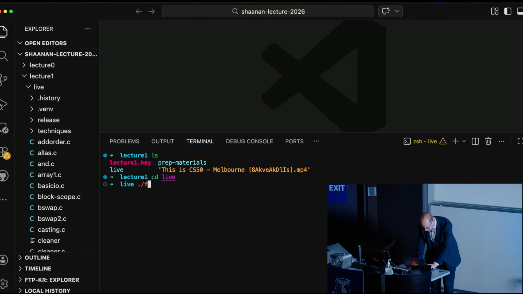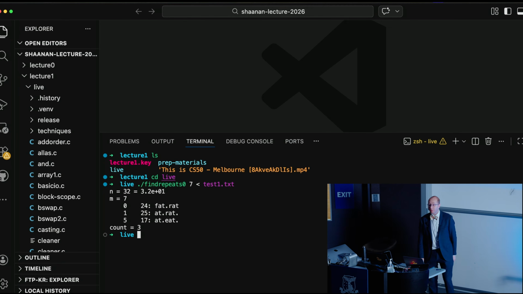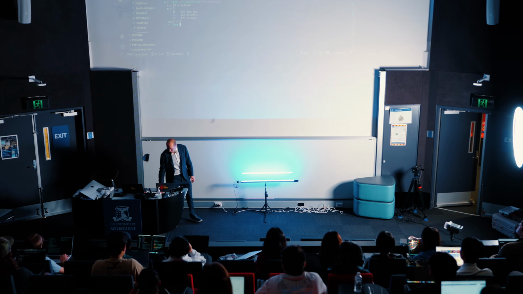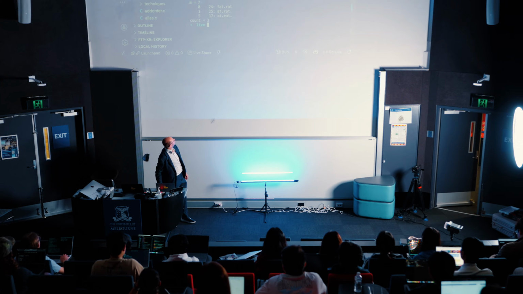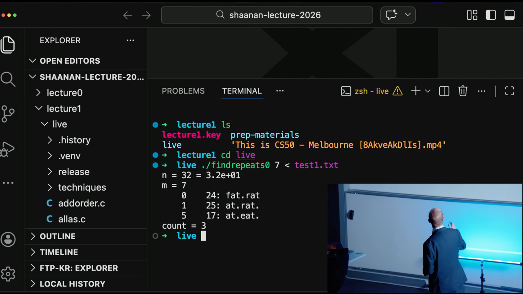And I'm going to run find repeats 0 of length 7 with text1.txt. And if everything is good, there we go. The program produces the following output. It might be a little hard to see because our projector is not as awesome as it could be, but here is our output.